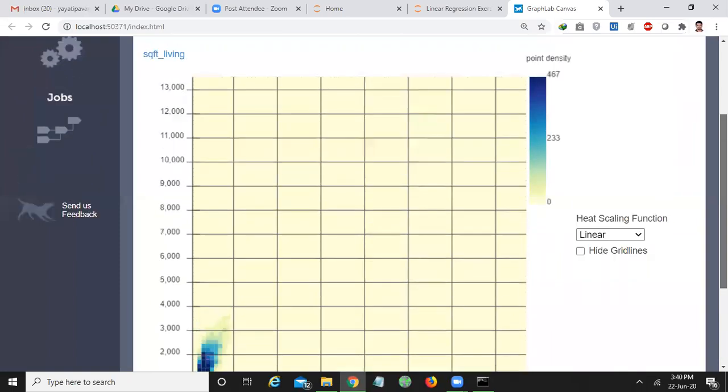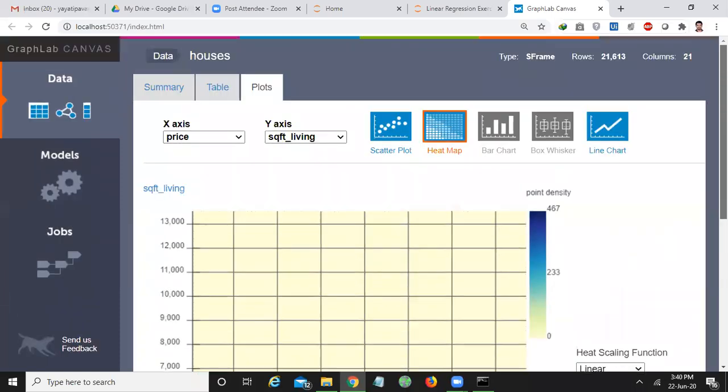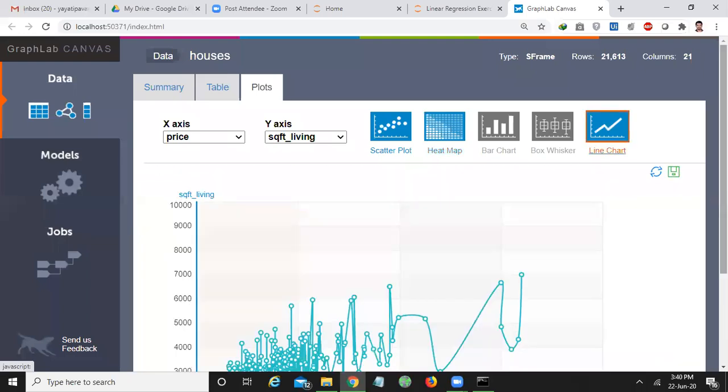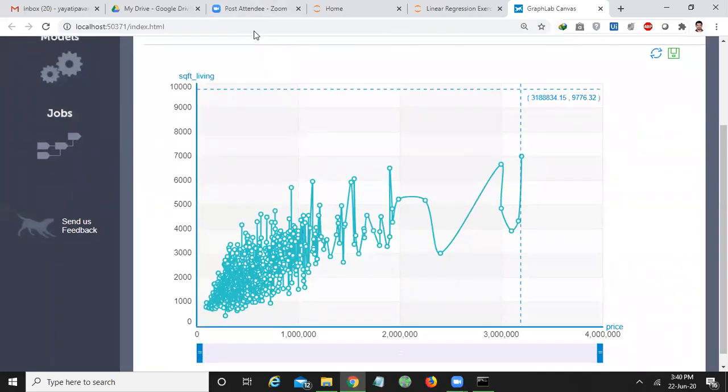Here, I am studying only the relationship between SQFT living and the price. I am not considering the remaining columns here. I want to study only those two columns. Why? Because I want to implement the algorithm on those two columns. If you observe the line chart, it will be represented like this. Okay. So now what I want to do is,